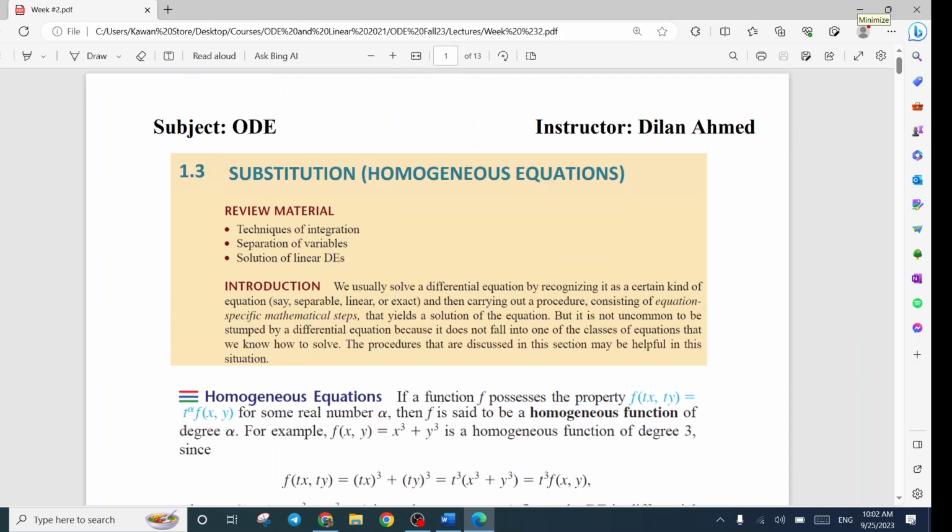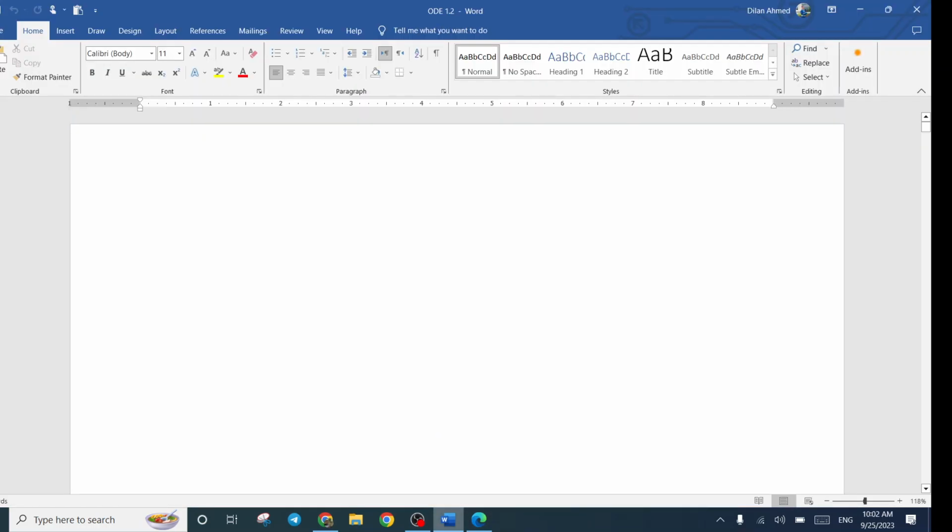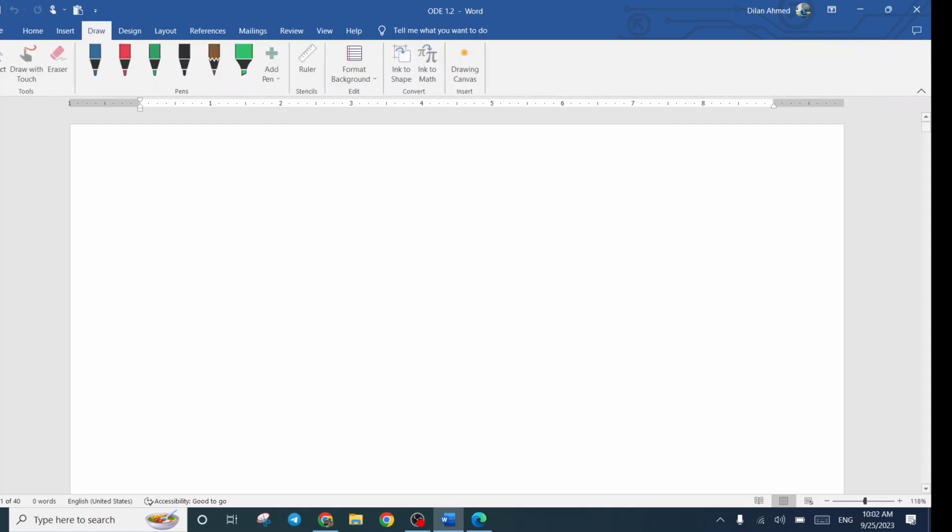Today we are going to mention another method for solving your differential equation. At the beginning, just like a review, we say that in case you have a separable one, if you have a separable,